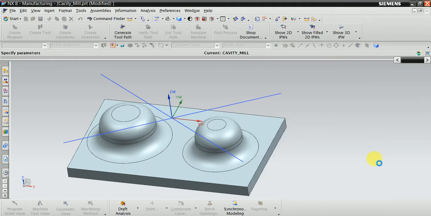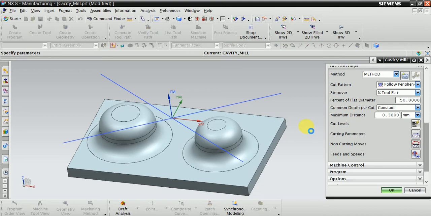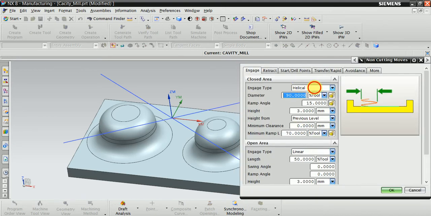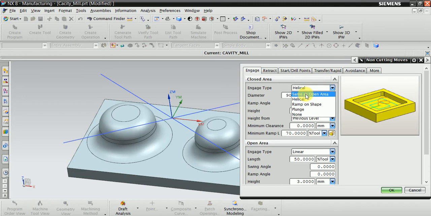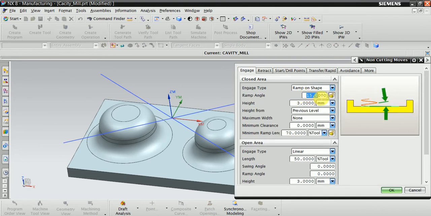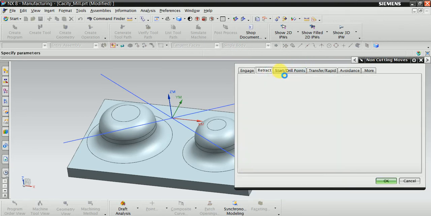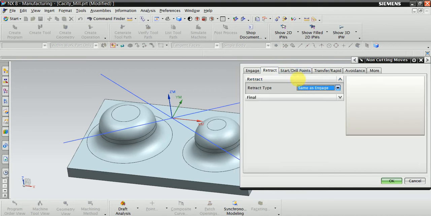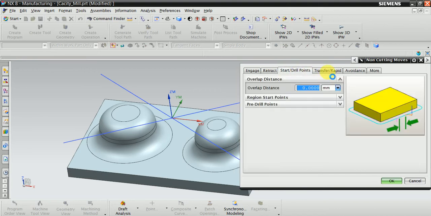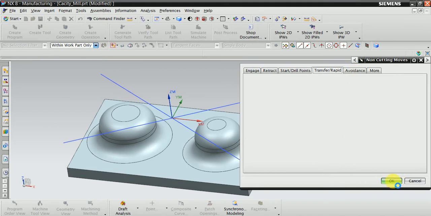Okay, now non-cutting moves, where the cutter enters to start cutting the material. Now this one is ramp on shape, 0.3 ramp angle and 0.3 height, same as close, same as engage, nothing to change, do not change. Okay,